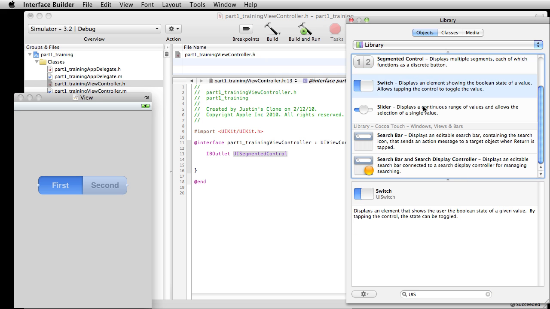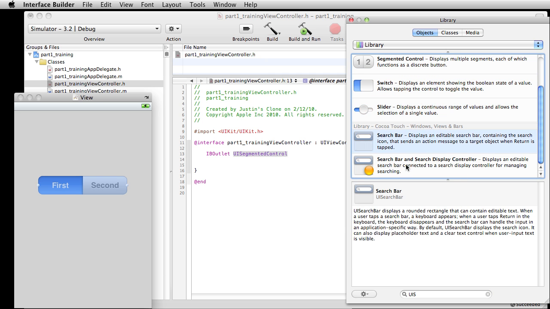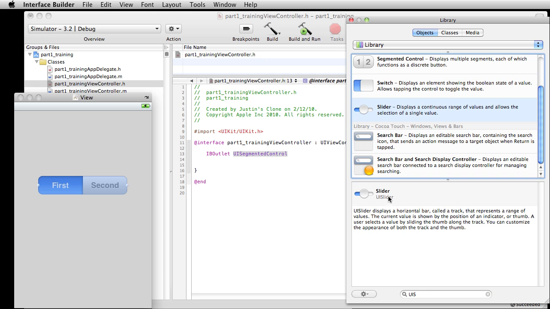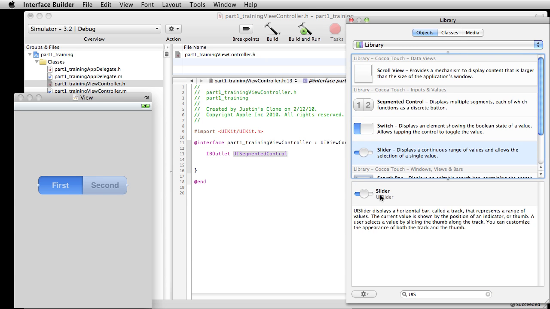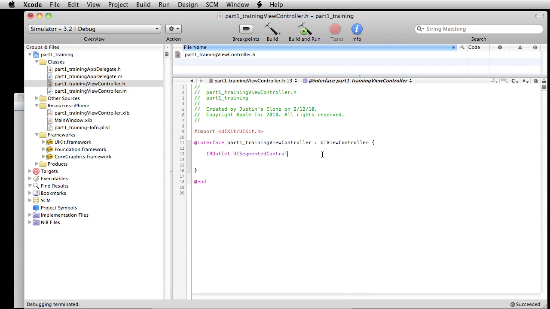I don't think I've found an exception to this rule yet. For all these other things in here, UISearchBar, UISlider, UIImage, it's just this exact little name that you throw in at this point. And then you put a star, which is a way of announcing that what we write next is going to be the instance variable name. There are very few exceptions to that, and I'll point out some where you don't put the star in. But for the most part, throw a star in, and let's just call this mySegment,